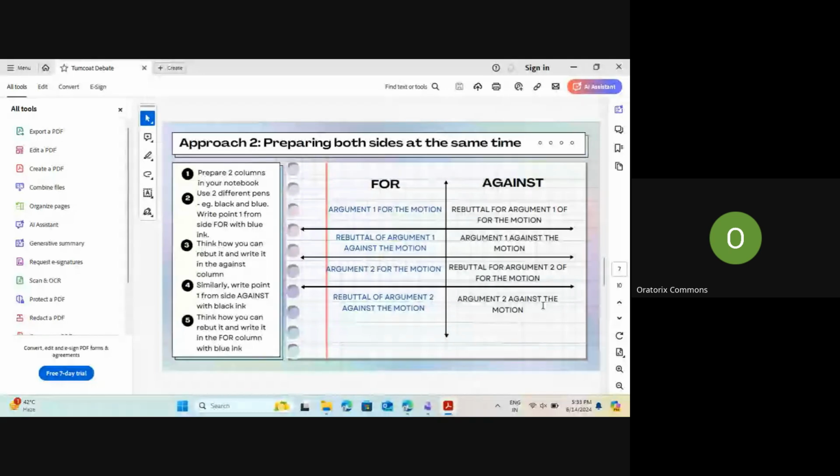रिबटल सोचे फॉर के लिए, यू कैन से देम एंटायरली, ठीक है? बट फॉर में जो आप अगेंस्ट में अभी बोलने वाले हो, जो आप बोल चुके हो, उसके लिए तो रिबटल ठीक है। बट अगर आप रिबटल पहले दे दे रहे और फिर वो आर्गुमेंट दोगे, तो उस आर्गुमेंट की उतनी वैल्यू नहीं रहती। इसलिए if I have some argument against the motion जिसका मैं रिबटल फॉर में ऑलरेडी दे चुका हूं, then what I will try to do is कि जब मैं वो आर्गुमेंट दूंगा अगेंस्ट में, so I will give it in such a manner कि उस रिबटल की जो कमी थी उसको मैं ऑलरेडी एड्रेस कर दूं।